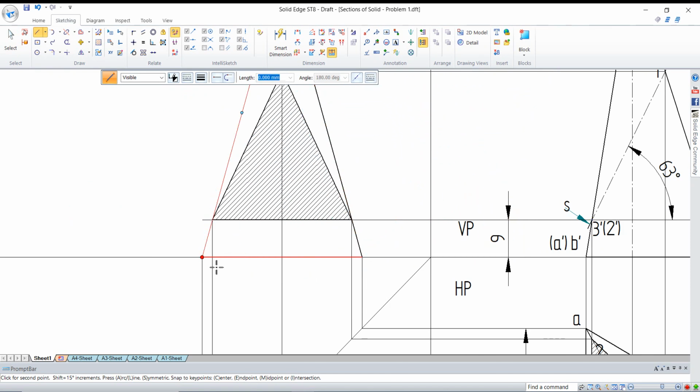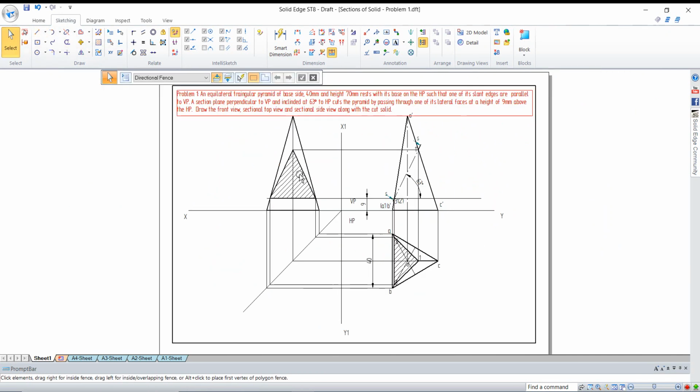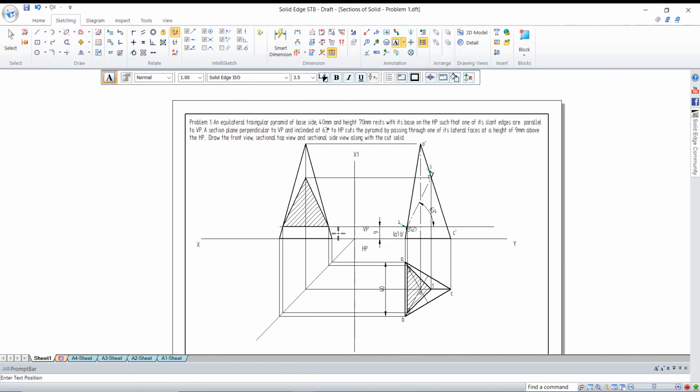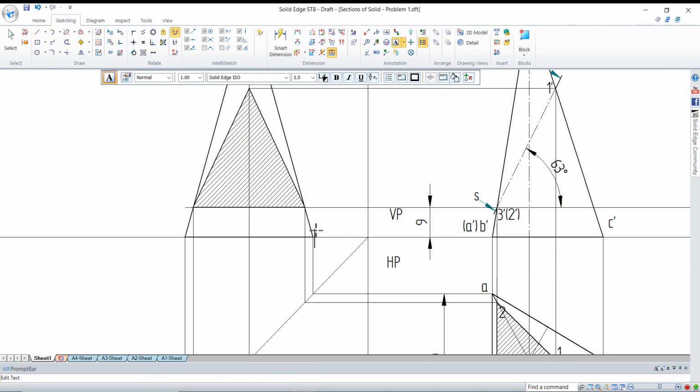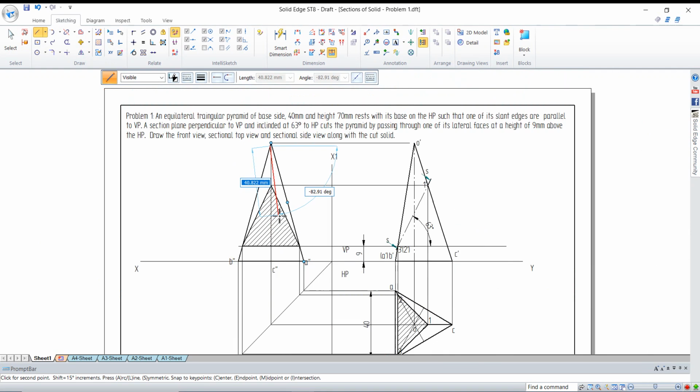And the triangle is also a thick one. I will redraw on that line. You can redraw on that line, or you can click on the line and change the thickness. So this sectional side view is done here. Now I will name the line here. So we will name it as A double dash here, and on this line we'll name it as B double dash, and C is at the center, so this line will be C double dash.